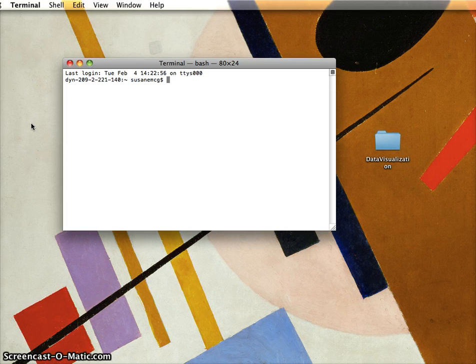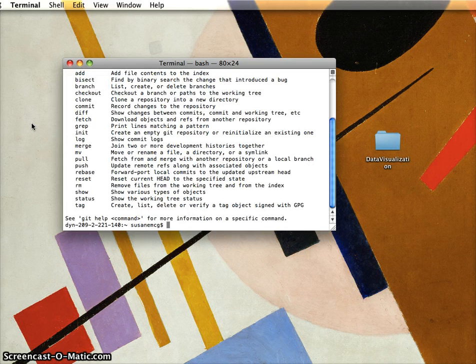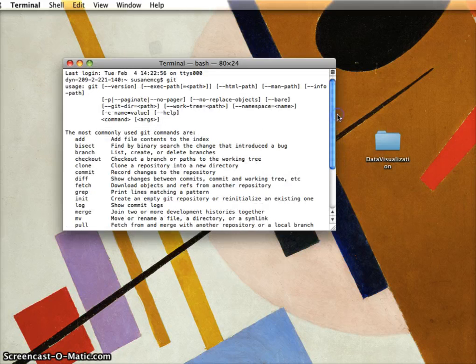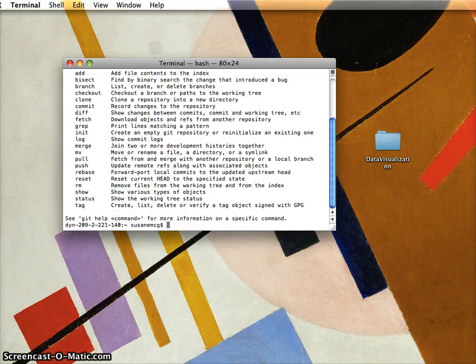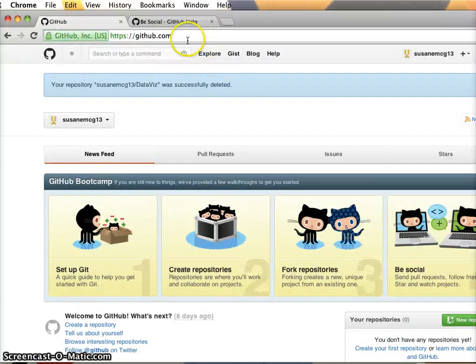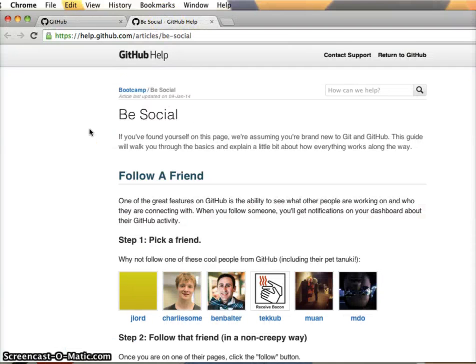So the first thing I'm going to do is just type Git, and I can tell because I get all this output that in fact Git is on this machine. If it weren't, I would come to this page. I'll put a link to this, but if you Google, download Git,